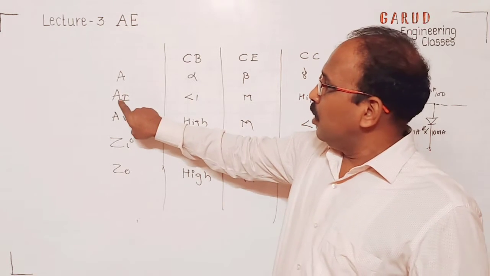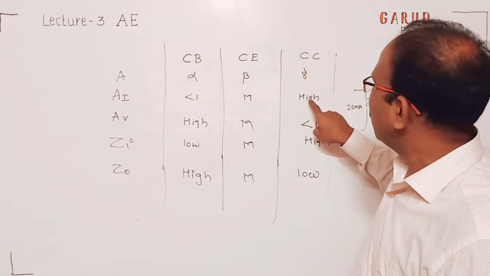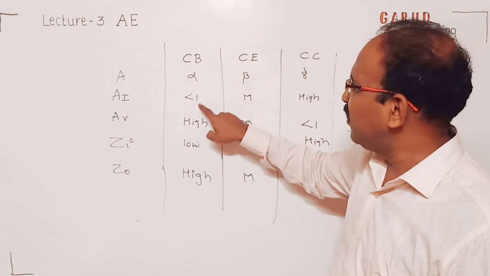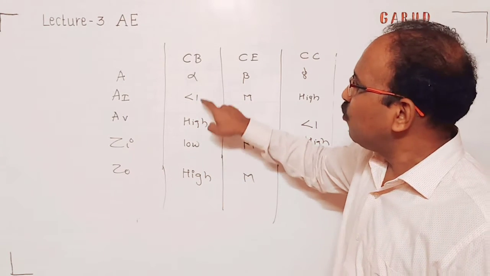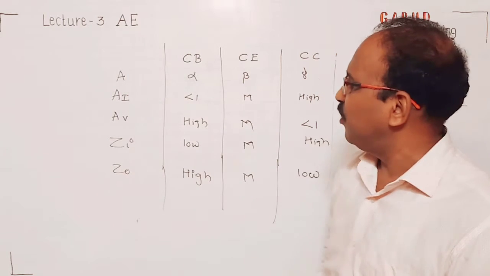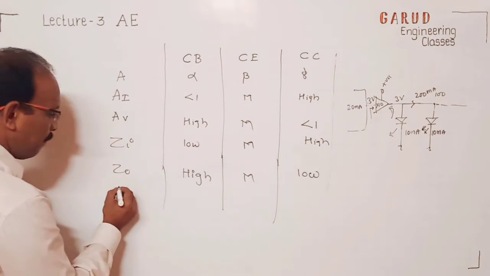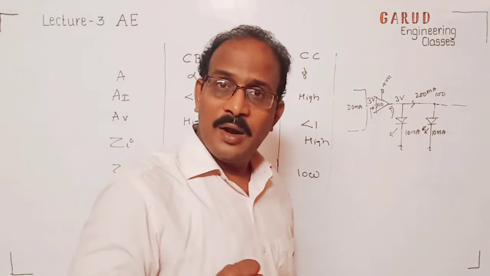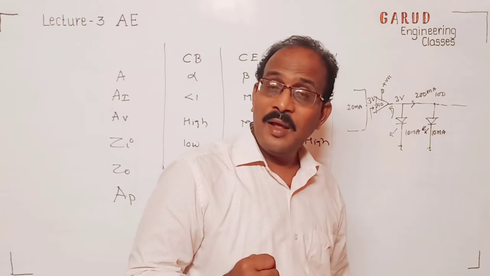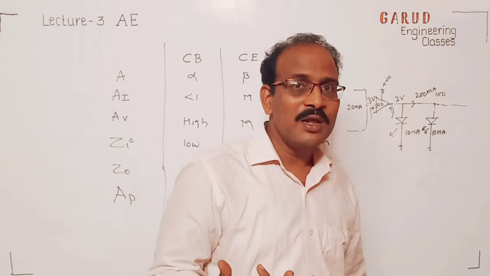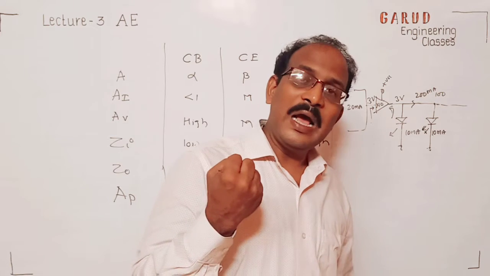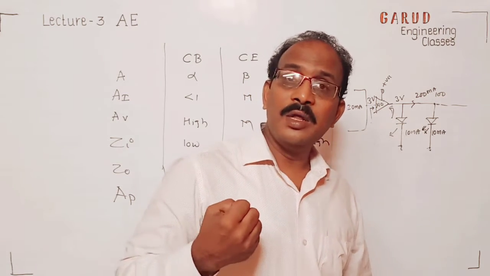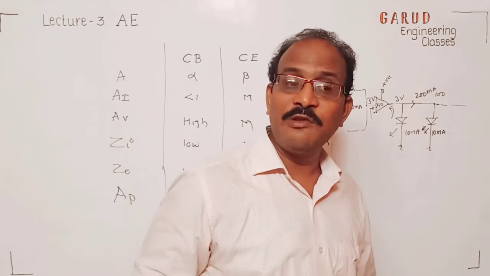See, the current amplification is high. The voltage amplification is less than unity. So if I want power amplification, the third parameter, you know what power is. If you have a current and a potential but you don't have power, that is useless. Power is the work done. Correct? Every time I give the example for the examination: you need that much power, that much voltage, to do some work.